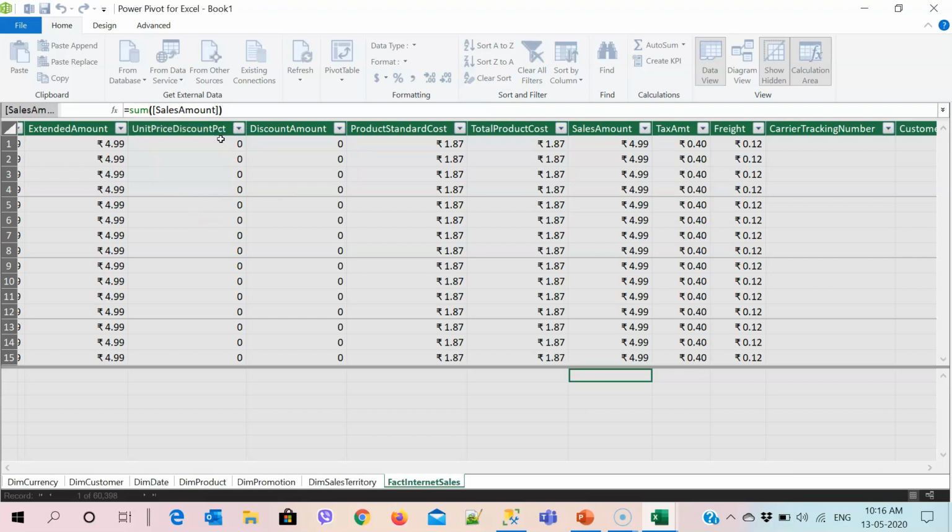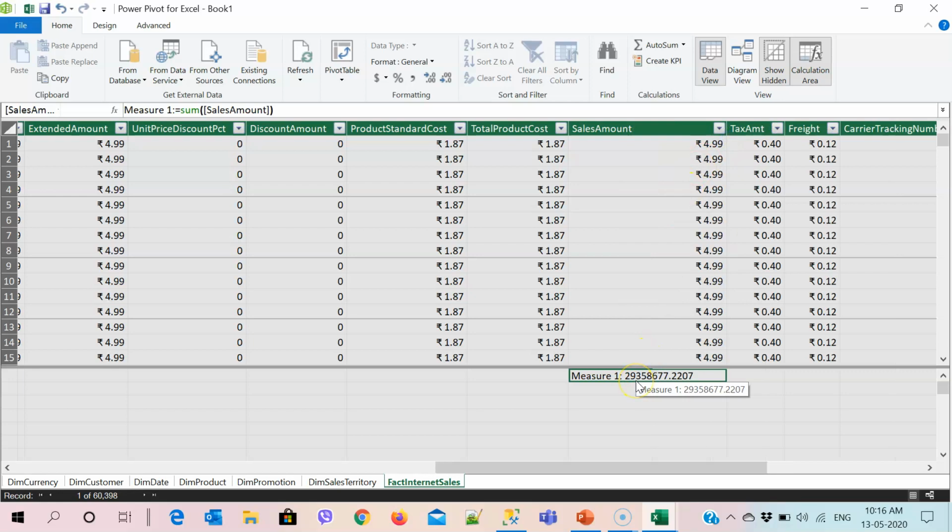And then I'm going to press enter, and now you will be able to see that it has already created the sum of this data right here. Here it is. That's the sum, and you will be able to change the name of this measure like this, total sales.